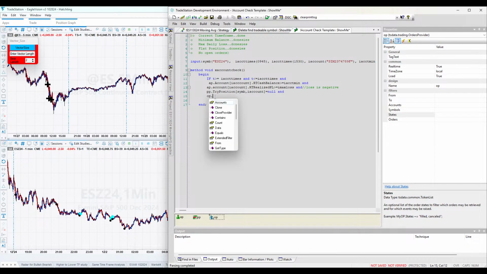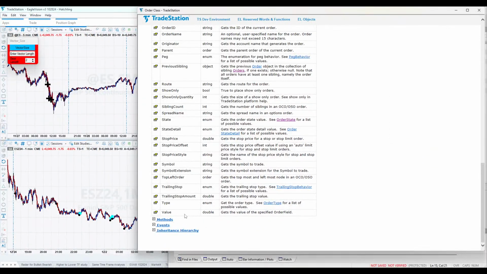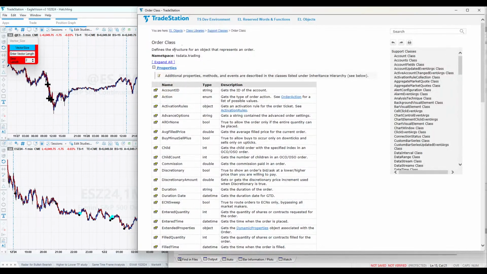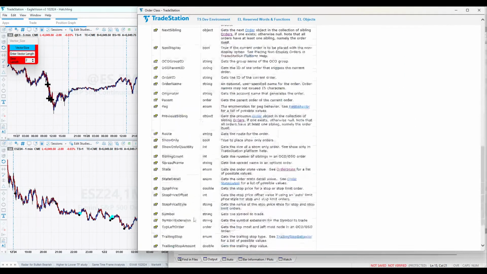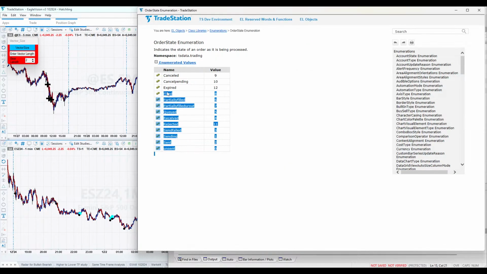But if I did something, it'd be something like op dot data, let's see, data of index 0. So just whatever the most recent order is, dot, we'll do state is equal to closed or something like that. So I just right click that, and it allowed me to pull up this TradeStation help. And so we go down to state, right here, order state, click on that. And so these are the different order states, but